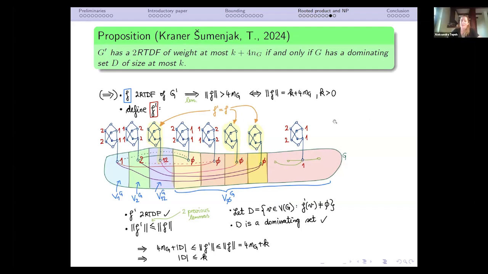Okay, thank you. I thought I would skip this explanation because it really takes some more time. You can see that even the sketch is more complicated, so I will skip this part of the proof.